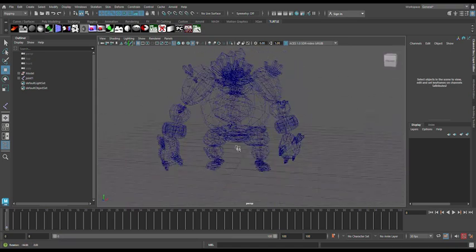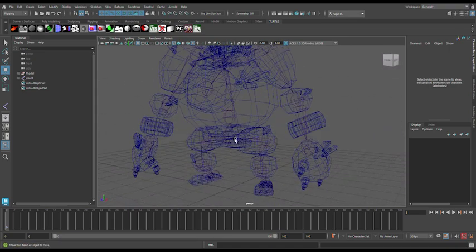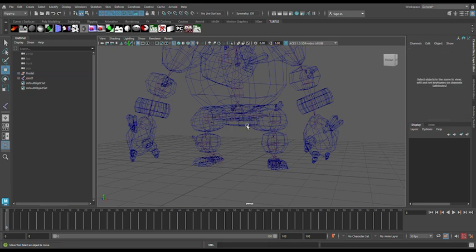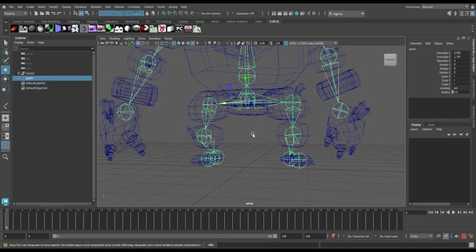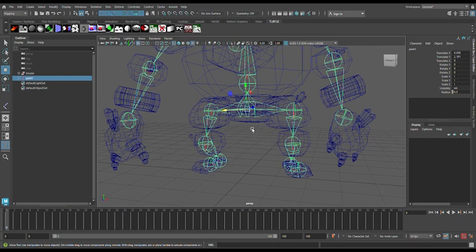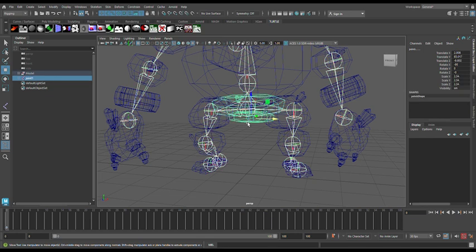So once you've done that, what you can then do, in this case in terms of the stone golem, I'm just going to start attaching individual pieces of the rocks to the joints. Because it's not a regular human skinned character, I'm not going to skin it, I'm just going to attach them, again because it's a rock character. So if I select the skeleton and then shift on the keyboard, select the geomesh here, then go to constrain parent,